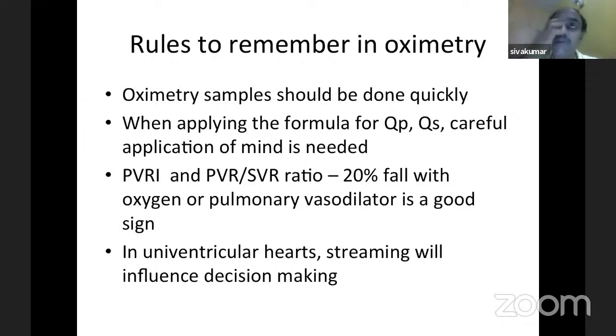IV treprostinil produces a profound fall in the systemic blood pressures sometimes. The same thing can happen with IV sildenafil also. You may sometimes get a significant fall, systemic hypotension may happen. So it's not a very standardized method. But having said that, it is also one of the methods. In fact, if you go into the literature, there are people who have given IV nitroglycerin and IV milrinone in order to check the vasodilator response also. So these are also other agents. But the most standardized is nitric oxide.